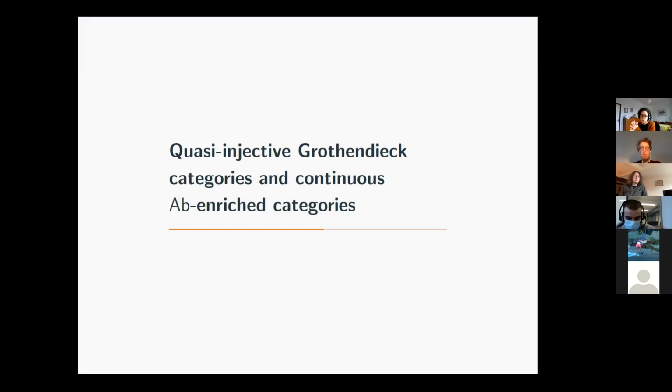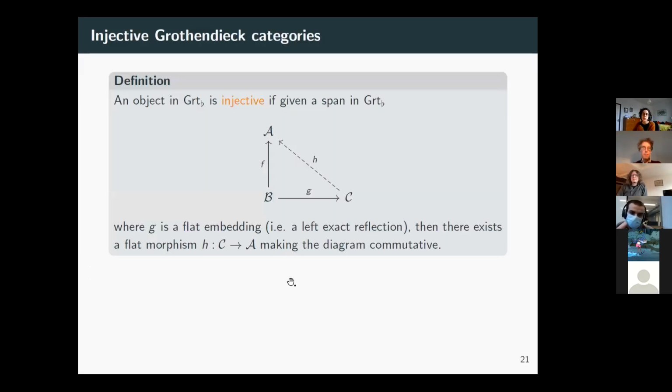And now to get the full characterization, we need to use a machinery that, as I said before already, Yoyal and Justin developed for the characterization of exponentiable topoi. And this is quasi-injective categories and continuous categories. So let me start. What is an injective Grothendieck category? An object in Grothendieck flat, we say it's injective if given such a span where G is an embedding and